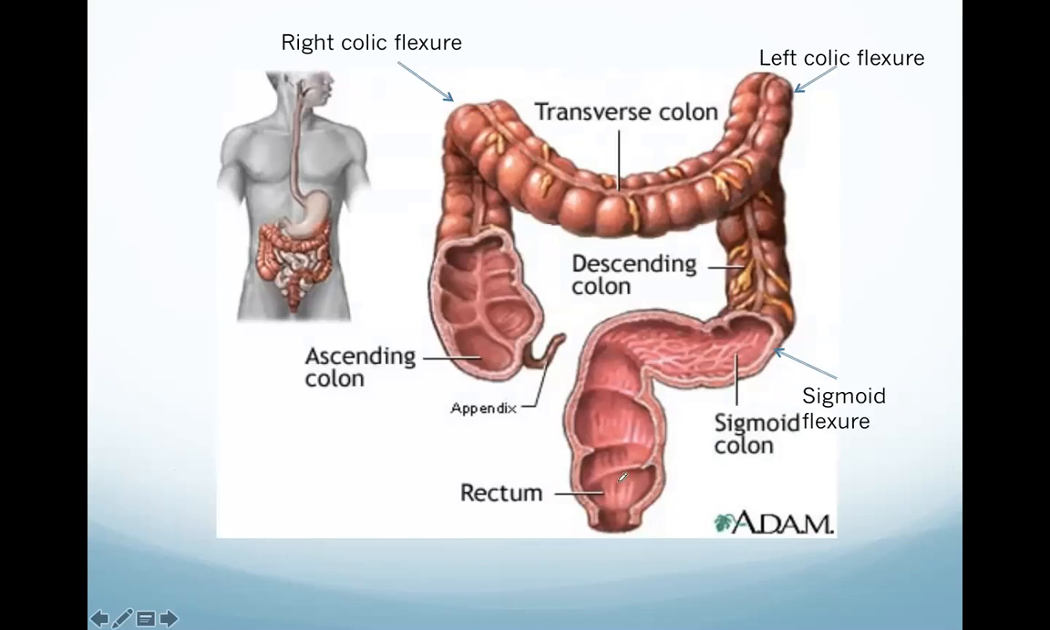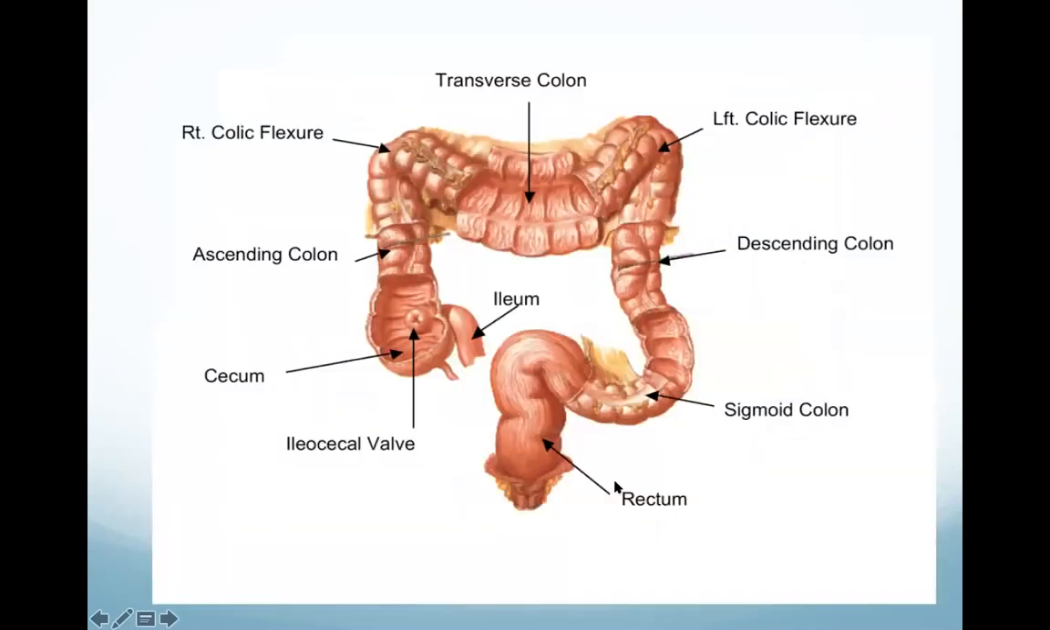And then again, the rectum is going to be straight. And this is really just for compaction and storage before we defecate. And this is just a little bit nicer image. This one's nice because we can see the ileum coming in there. That's that last piece of small intestine. Here's the ileocecal valve that's going to help make sure we don't get refluxing bacteria from our colon into our